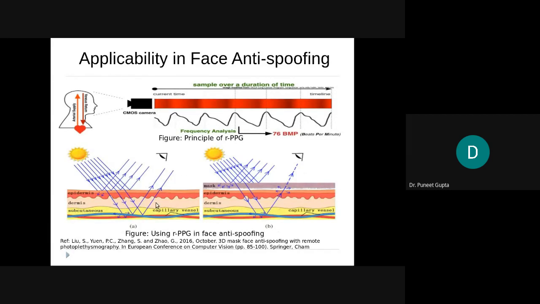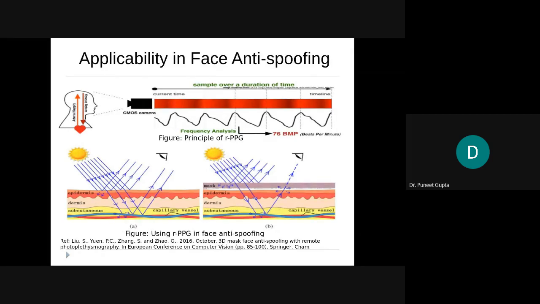Well, the principle is simple. We have the skin, and as I was saying, below the skin we have some nerves. So if we have a real face, we can get the rPPG information from it. However, if there is a mask that obstructs this, then whatever rPPG information we get is mainly noise. So our temporal signal in the case of face spoofing mainly contains noise and hardly any pulse information.